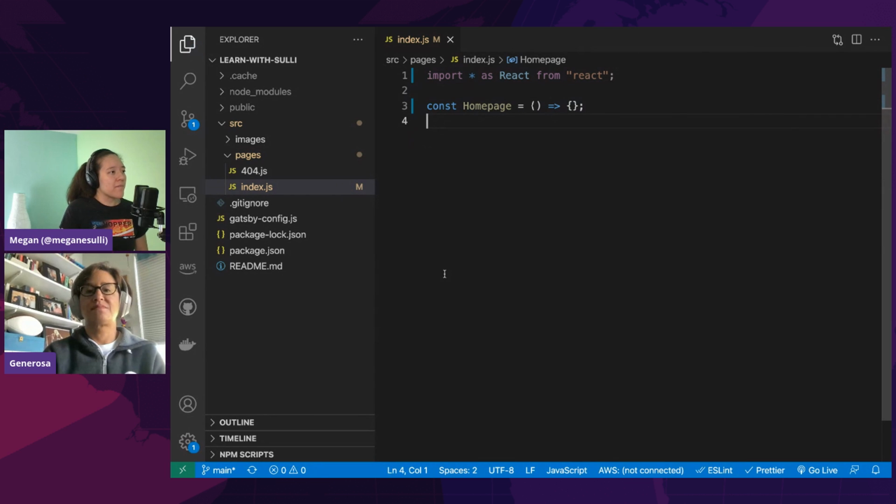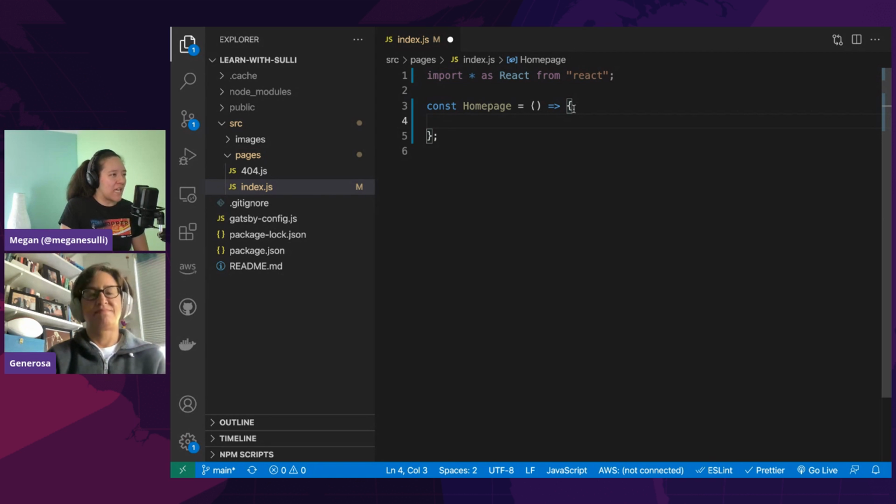For anybody who's new to React, a component is basically a function that returns JSX. JSX is a special syntax for writing, I think it stands for JavaScript extension. It sort of looks like having HTML in your JavaScript file.